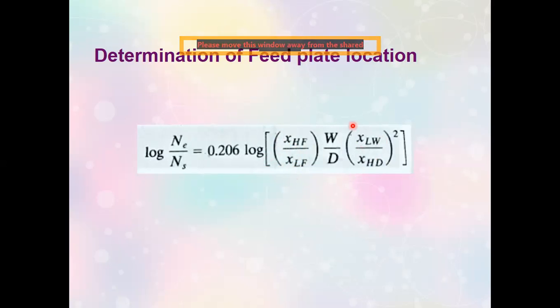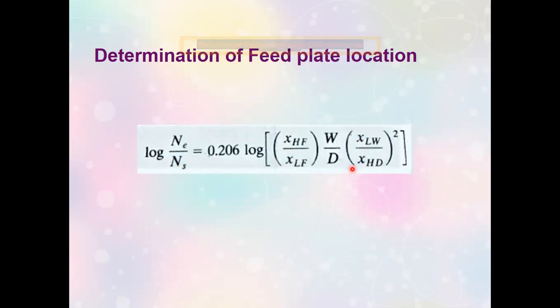So what you need here in the numerator is the mole fraction of the light component in the bottoms liquid. This one is the mole fraction of the heavy component in the distillate. The ratio of the two mole fractions will be squared and multiplied to the rest that you're seeing in this formula. Taking the inverse ln of the value that you have here on the right would lead you to the ratio of N sub E to N sub S. Now, we know for one that our distillation column has a number of stages equal to the sum of these two.